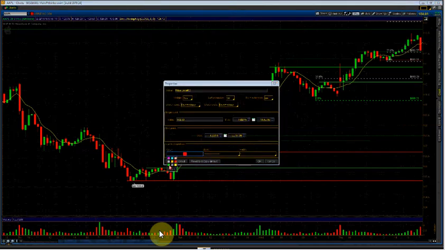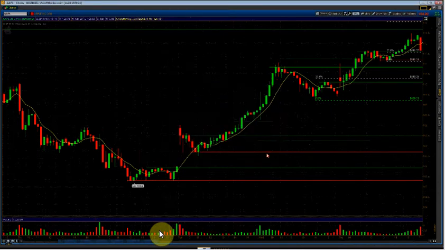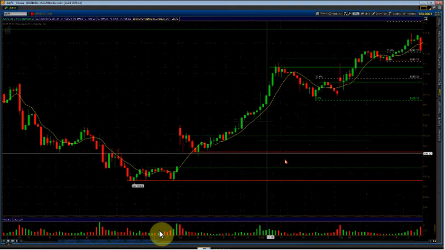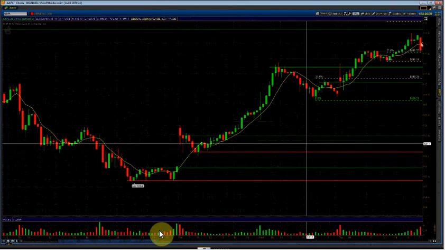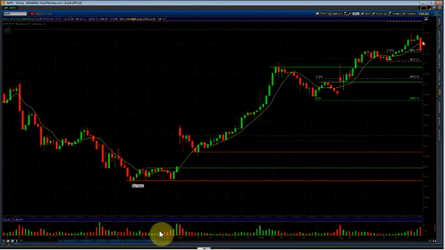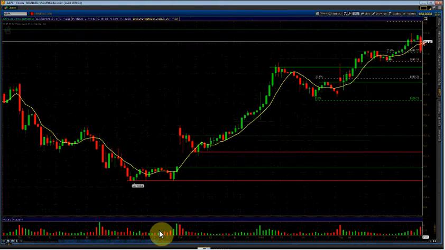But would you actually be doing anything? Would you be buying anything here? Nope. As a matter of fact, even your 8 SMA trade, it's still pointing up. For the 8 SMA one,